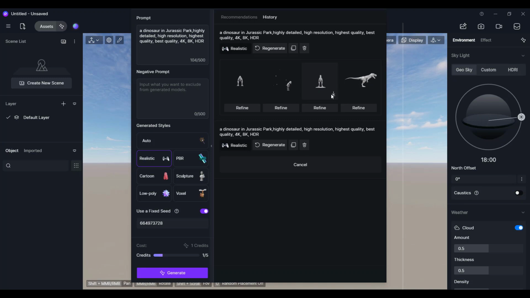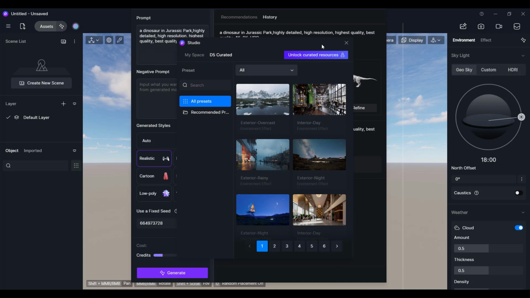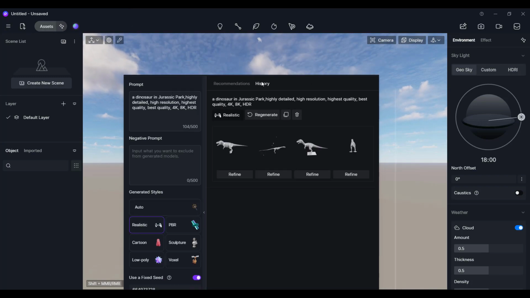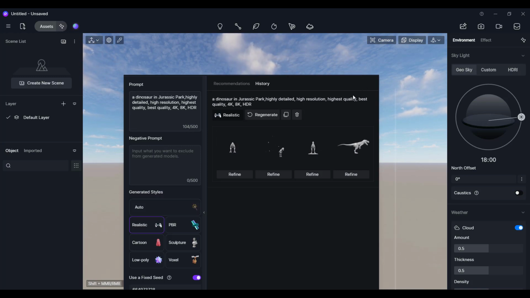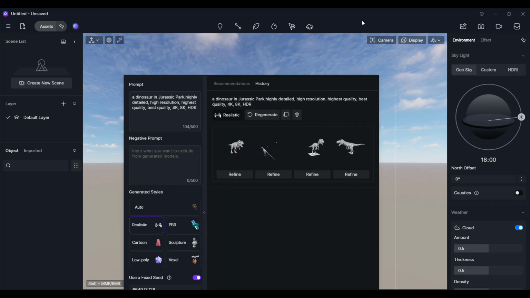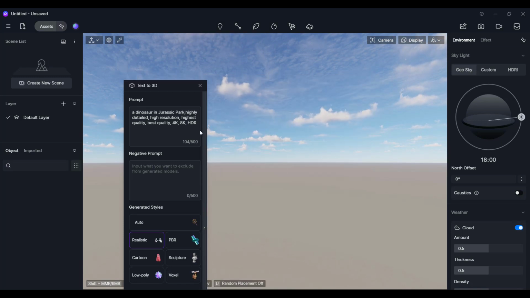So like this it is a very nice option that we have in order to get the required 3D models. So I'm just turning it off.